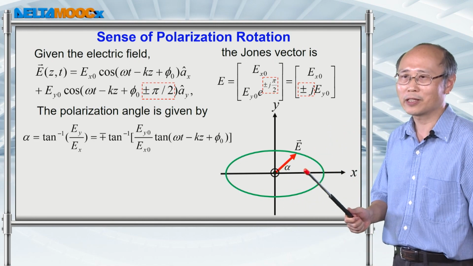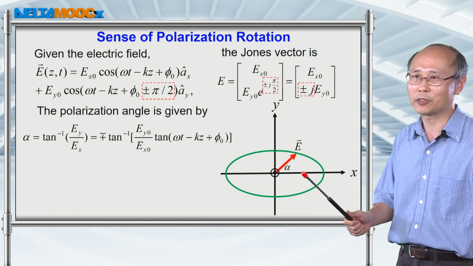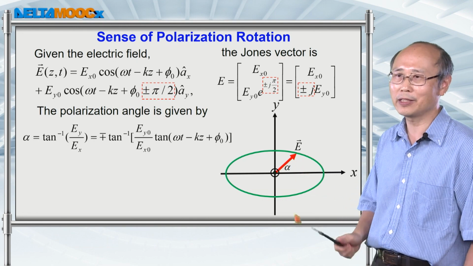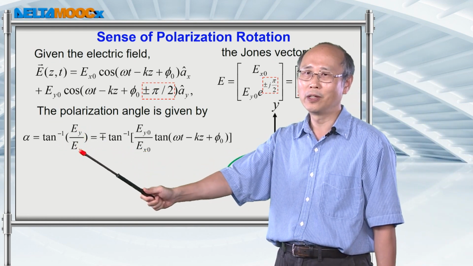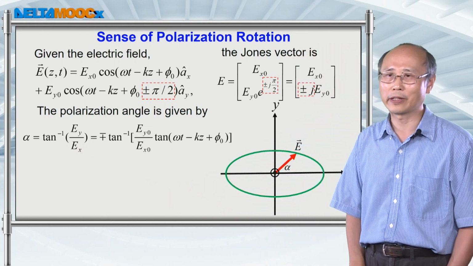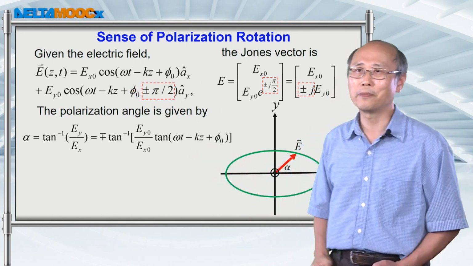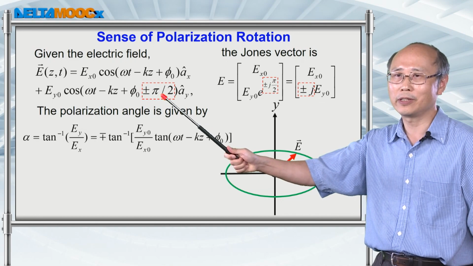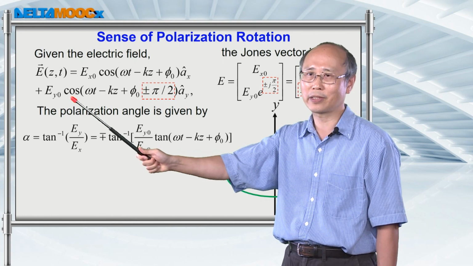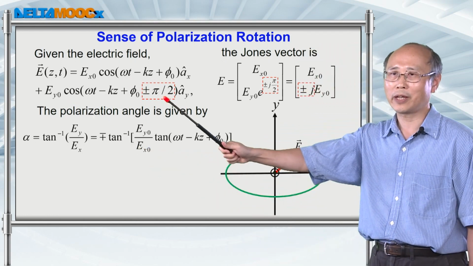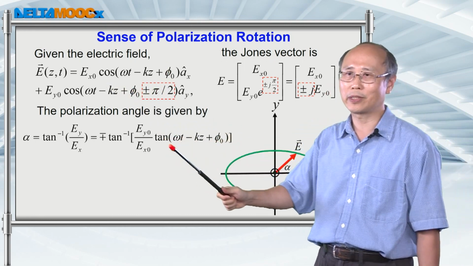But on this page, we're interested in knowing the angle between the net electric field with respect to the x-axis. And this angle is going to be equal to the arctangent of the y component electric field to the x component electric field. And let's look a little bit closely at these two expressions. If we have a plus minus 90 degree here, you can convert this cosine to a minus plus sine expression. So when you take the ratio of these two expressions, then you will come up with tangent.